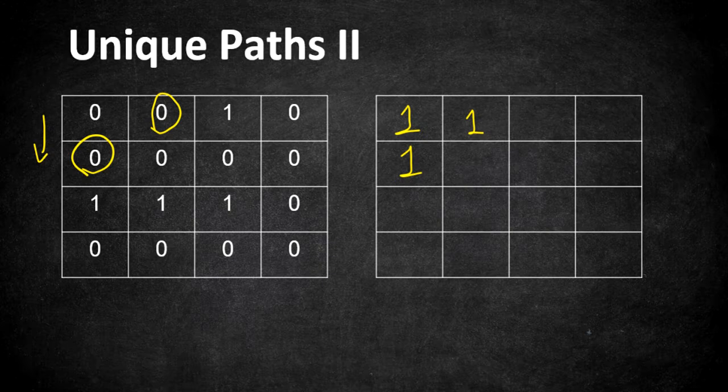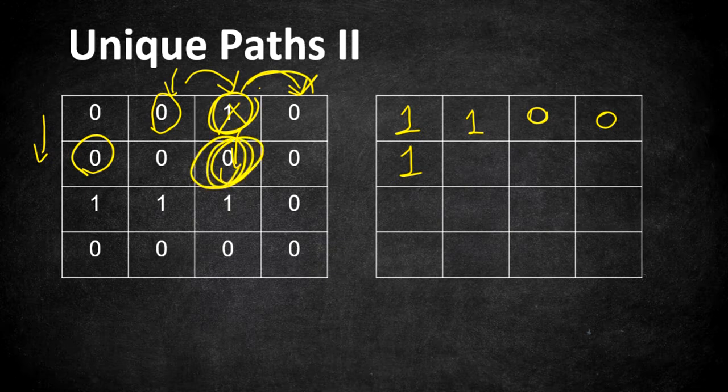So now we are moving right again from this cell. So from this cell, if we are moving right, there is a block. So we cannot move further. So it is a block. So we can fill 0 here. So as this is a block, we cannot move further from this cell to any of the cells, either down or right. So those values are also going to be 0. So we cannot fill the down cell right now because it is also having a left cell. So let us check that.